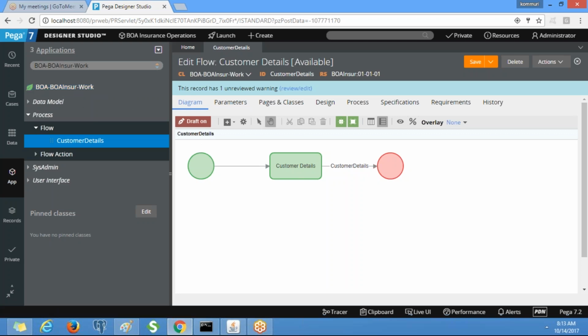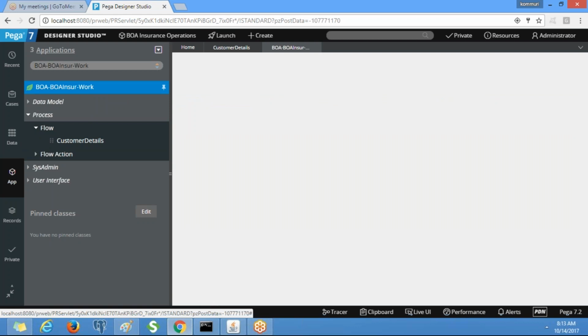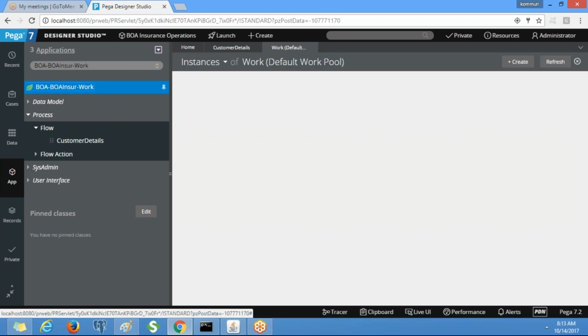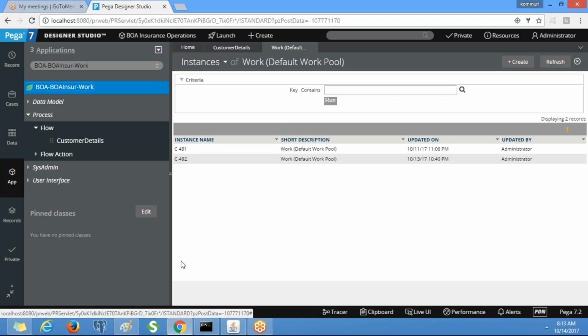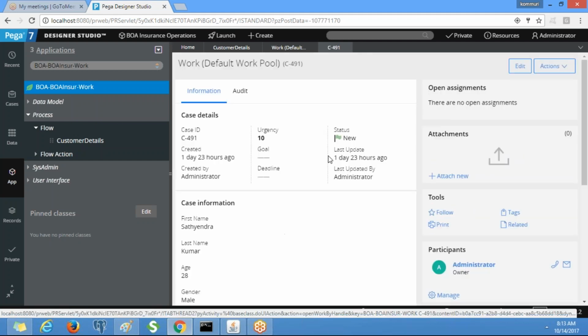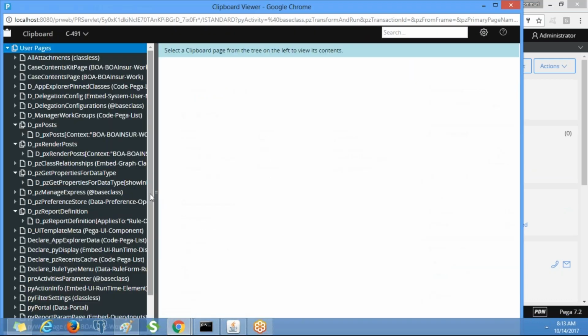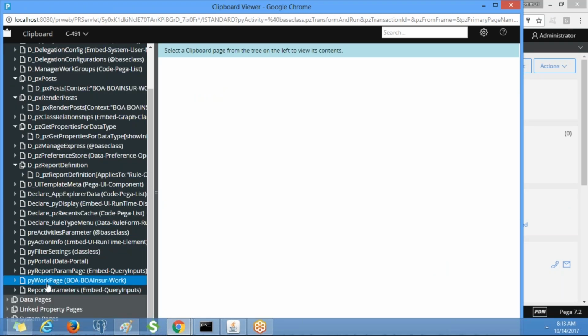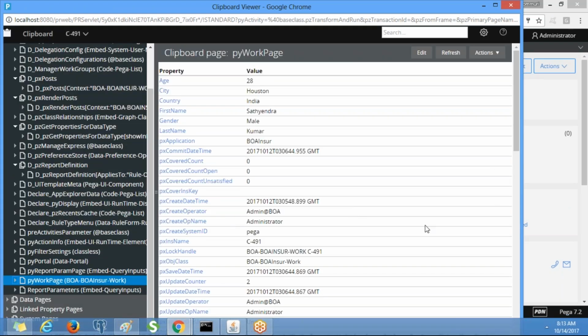If you want to see all the work objects created under this class, simply click on the class and you will see all the instances. Click on CDAS 491, or any work object, and go to the clipboard. To see this particular work object's data, you need to open it and go to the clipboard, py work page, and you will see the data. Clear, or any doubts?